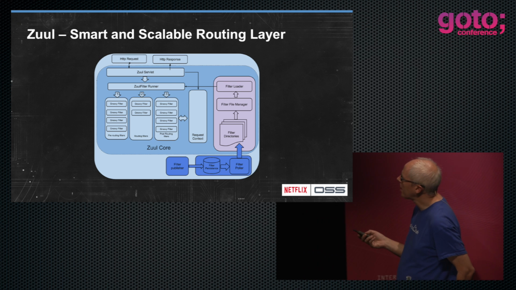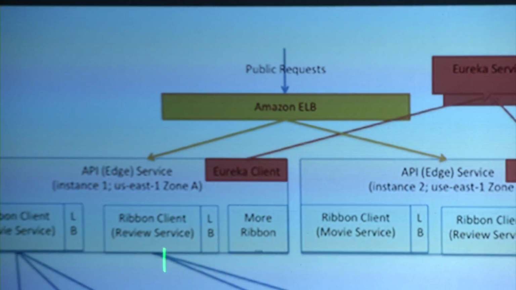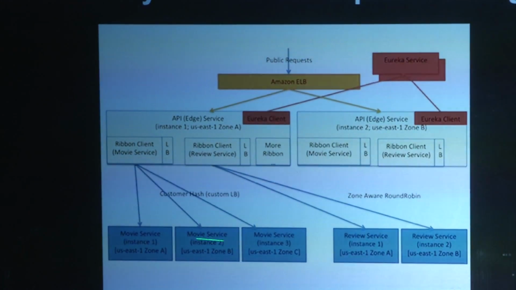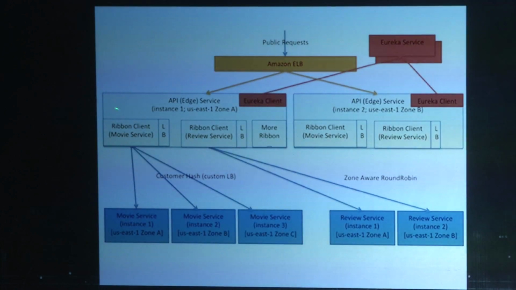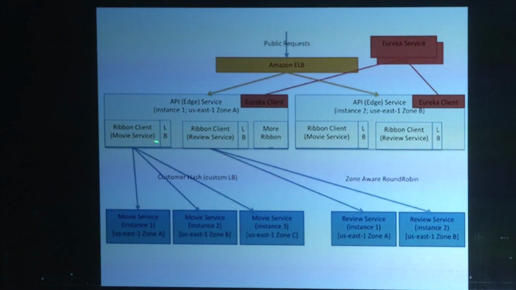So this is the Ribbon library. You come into the front end, you go to an edge service, and you want to call one of the middle tier services. So you come into the client within your code base. This is a Tomcat server. You have your Ribbon client, which is basically an HTTP client, and it talks to this